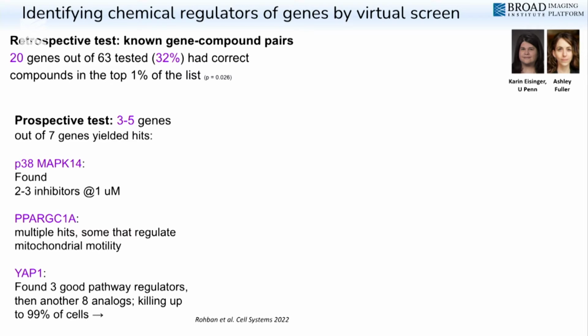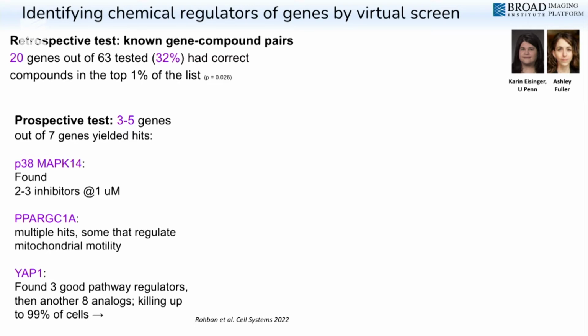And so we found 7 labs that were willing to give it a try. 5 of them gave good results. 2 of those fell apart for chemistry, so I haven't detailed them here. But 3 of them just really worked. The top of the list had some compounds that impinged upon the pathway that the researchers were studying. That was the expected pathway. One of which was especially exciting, a collaboration together with Karen Eisinger at UPenn focused on these Hippo pathway regulators,